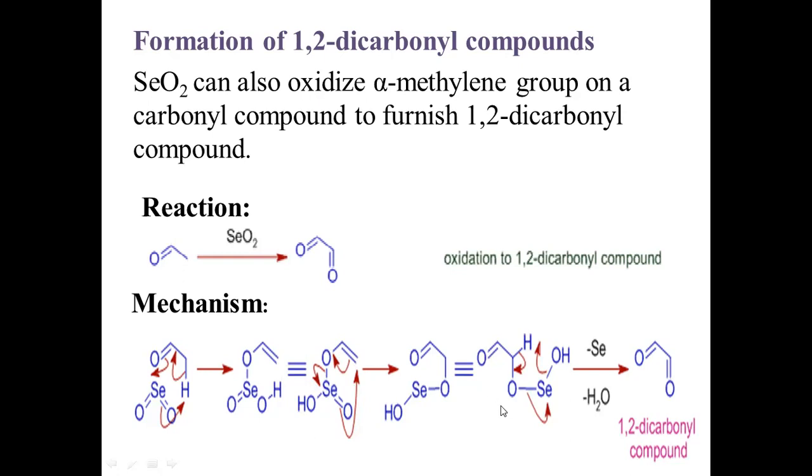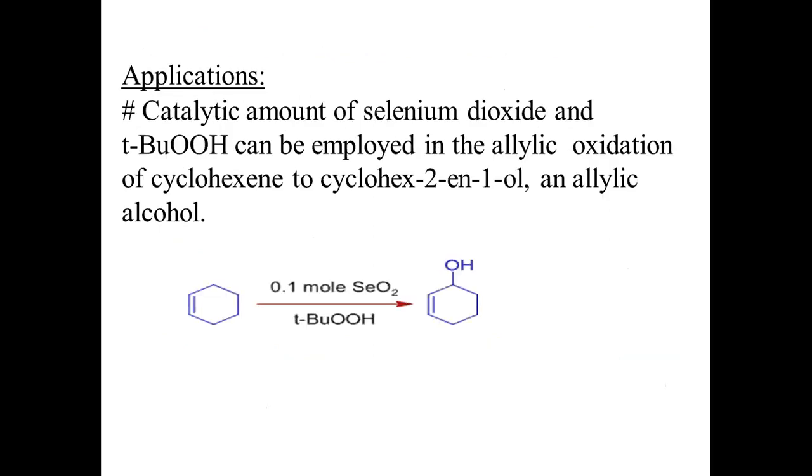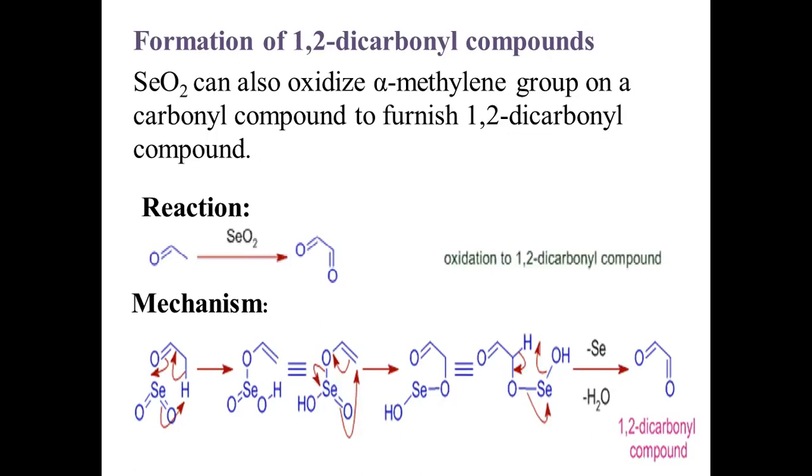Now, this molecule, just like how we have seen in the case of formation of alpha beta unsaturated carbonyl compounds, here also the same mechanism is followed. Here it is undergoing dehydration, and simultaneously elemental selenium is removed. In this case, the CH bond pair of electrons is shifted over here. Then this bond pair of electrons is shifted onto the selenium. Then this OH minus is eliminated, OH minus and H plus. So it is dehydration and elimination of elemental selenium. In this case, it results in formation of a 1,2-dicarbonyl compound.